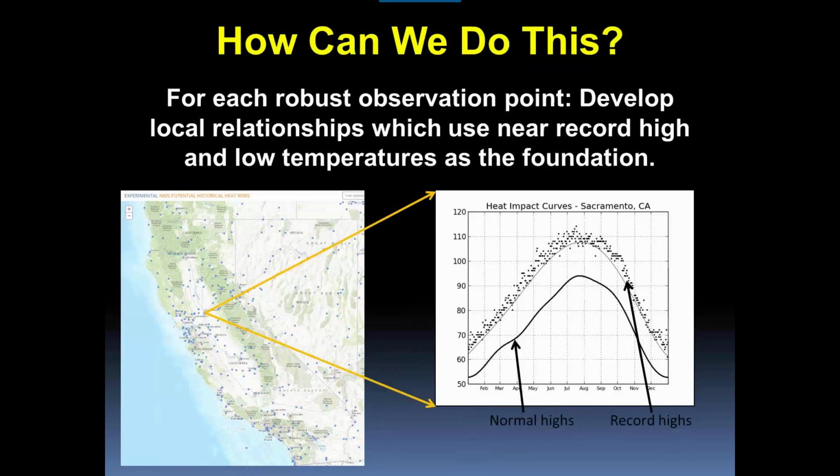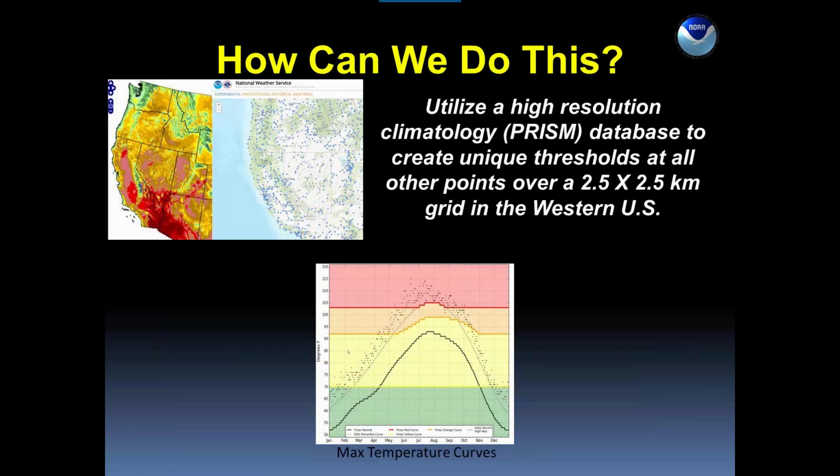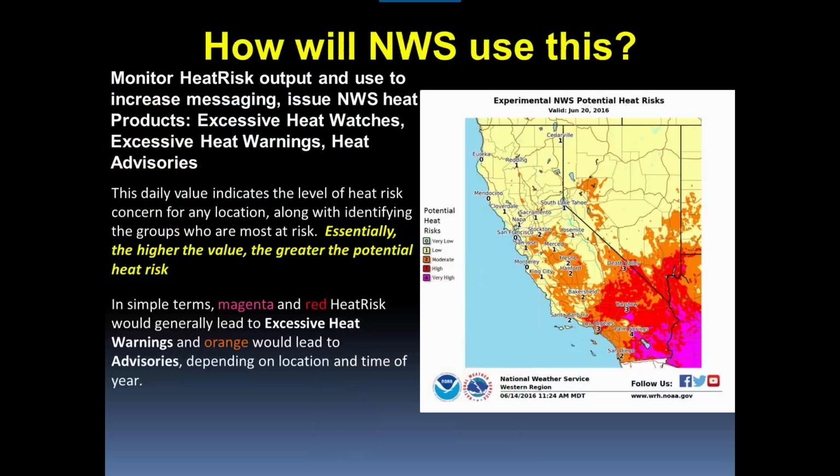So this is just a sample of just across California, the 1,400 sites just in California that were used to come up with these graphs. So now we have seasonal graphs for every single location. We took that information and we plugged it into Prism, which is basically, it took into account topographic features, and it allows us to map it out. And now you can see that there's a maximum temperature curve. There's also a minimum temperature curve. And that's how we get this. So this is based on our 7-day forecast compared to those heat curves, both maximum and minimum temperatures. It's a 24-hour time frame. So what you're looking at is midnight to midnight.